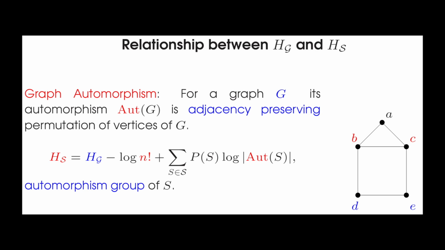The problem is, what I told you is a lie. It's not correct, because this graph has symmetries. This B and C and D and E view the whole graph exactly the same way. So if I flip B and C and D and E, I'm getting exactly the same graph. So the number of permutations that I need to get the same structure is 60, not 120. 120 divided by 2. In general, it is related to something called automorphism, the number of